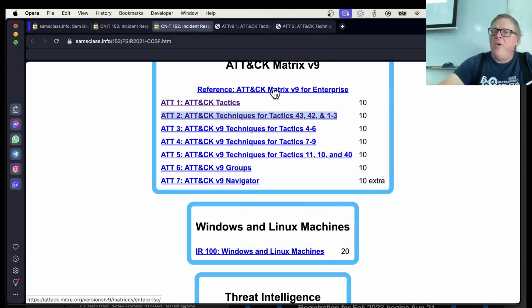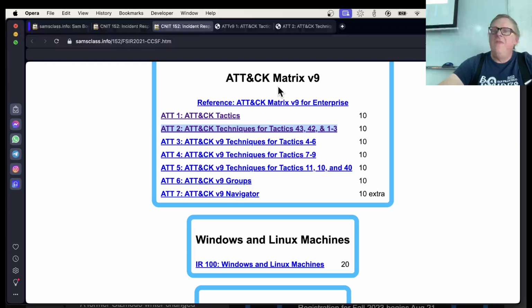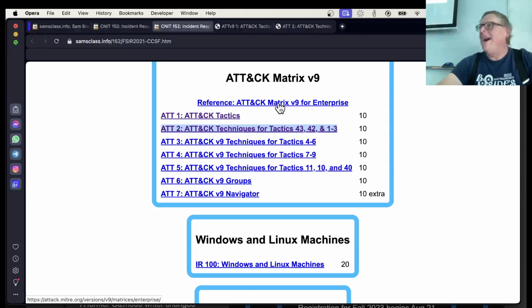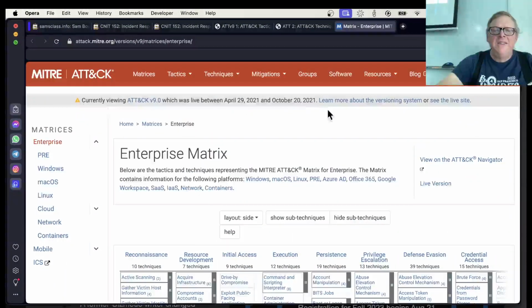But anyway, the important thing to be aware of is these are in version 9. I wrote them a couple of years ago, and this thing, they update it a lot. So the version I'm using is pretty far behind now. They're now up to version 14 or something. Anyway, there's nothing really wrong with learning the old thing, because when I first came across